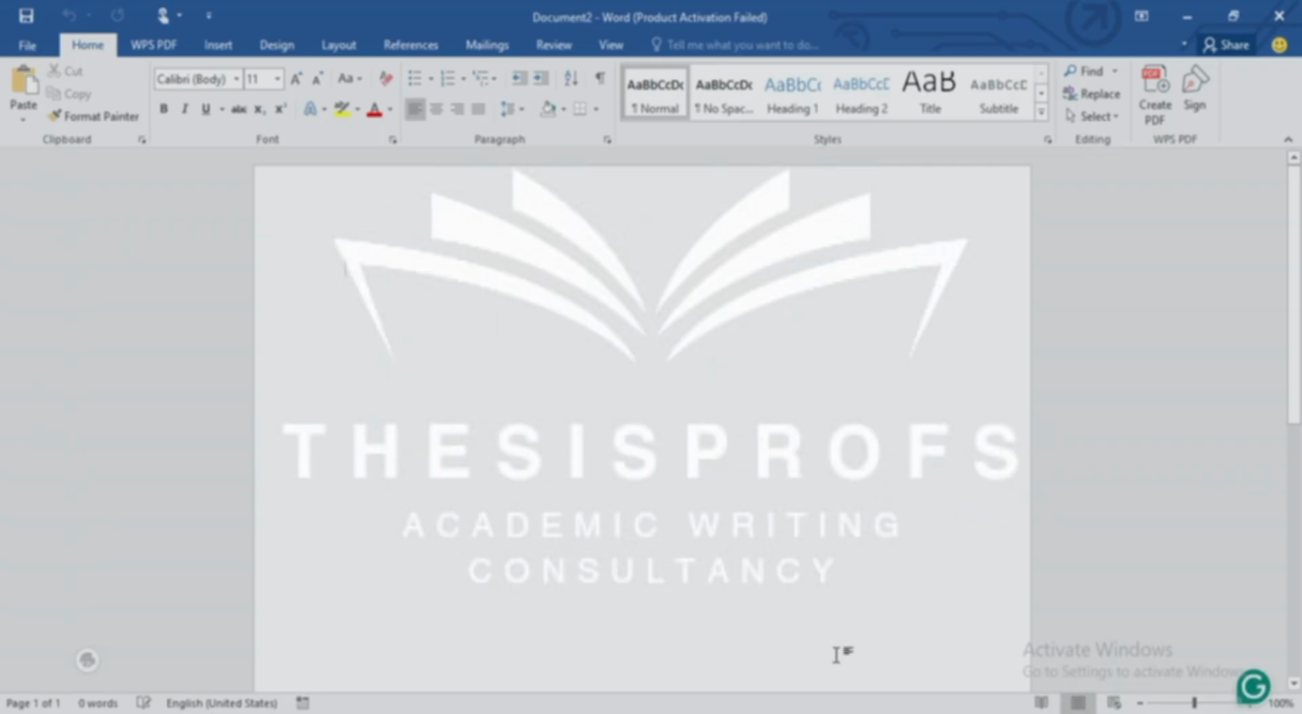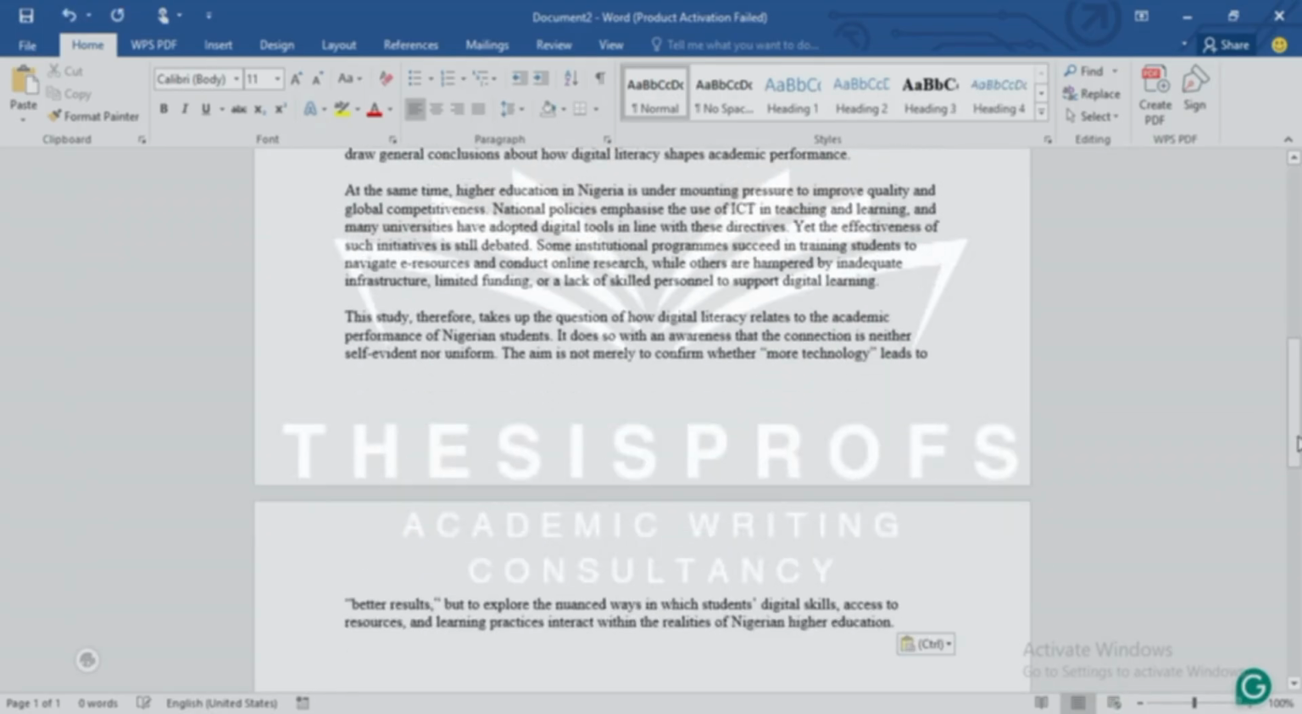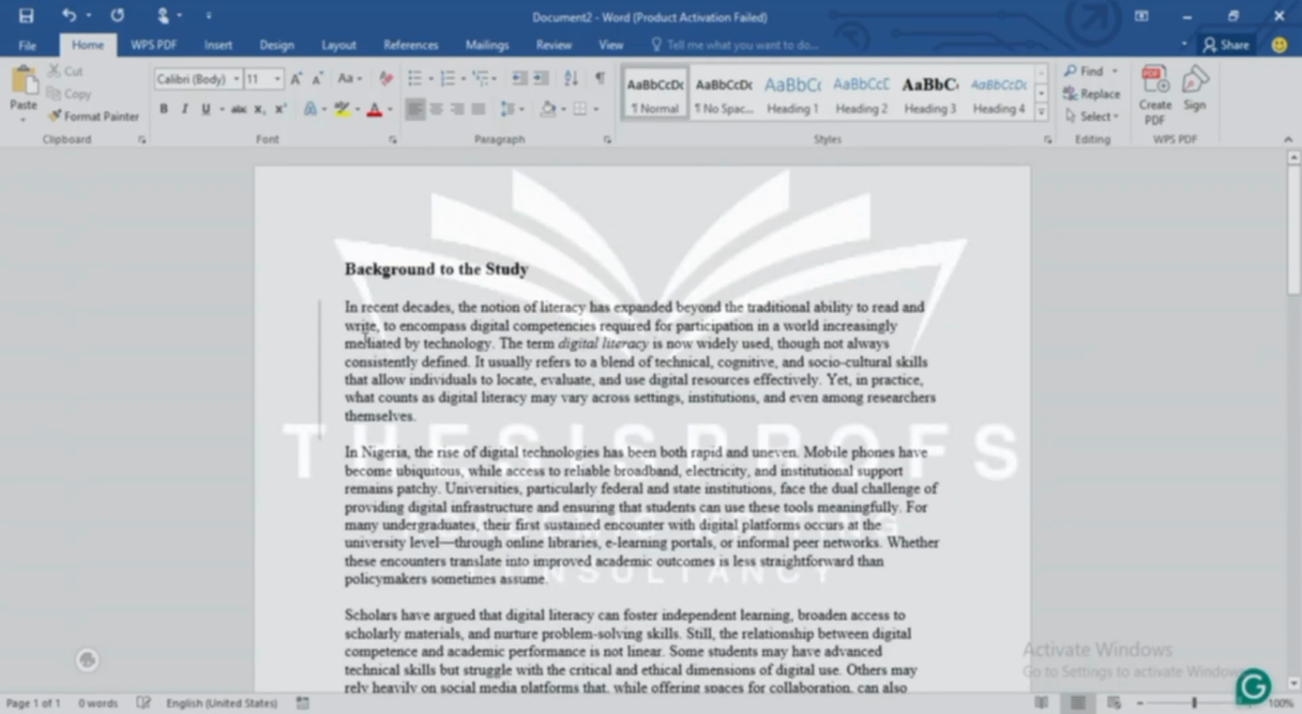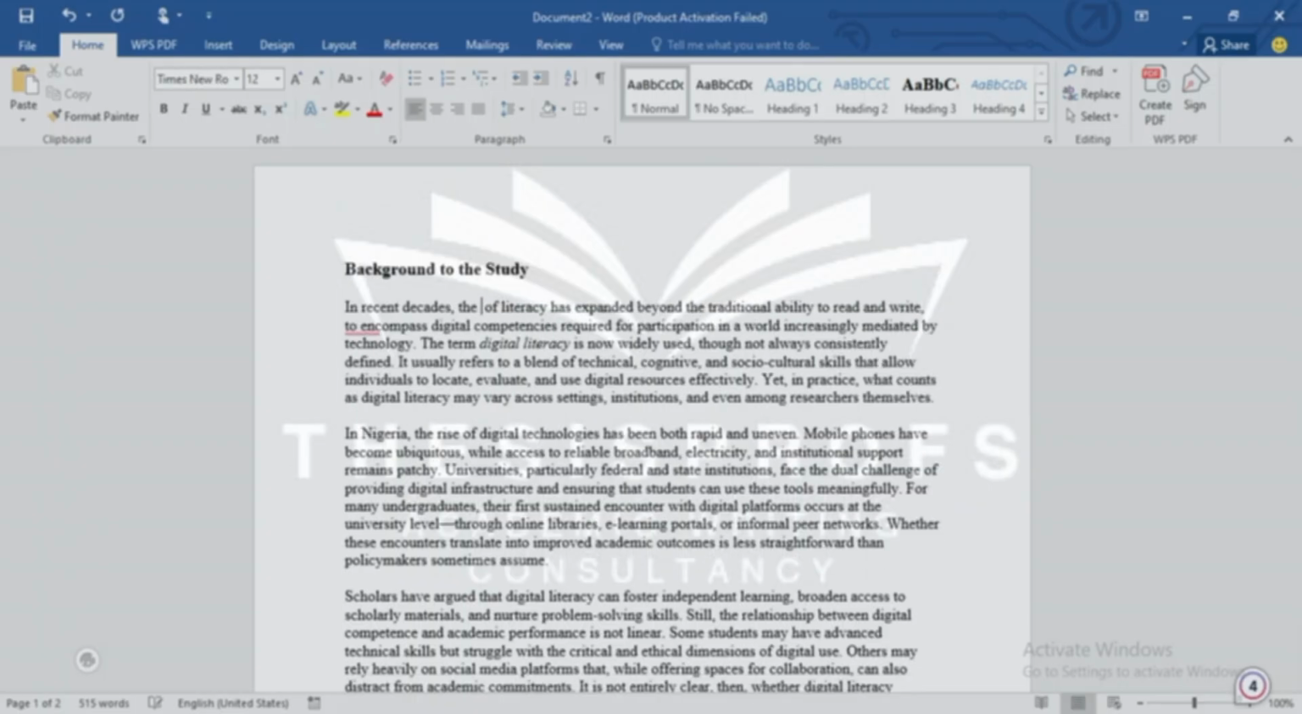Alright, so I have my background to the study. This is what you should try and do. Now, in recent decades, I could try and look for a different word, something entirely different, to replace "in recent decades." I could try and replace the notion of literacy. I could use something else, or say the